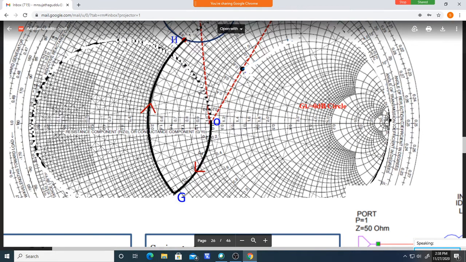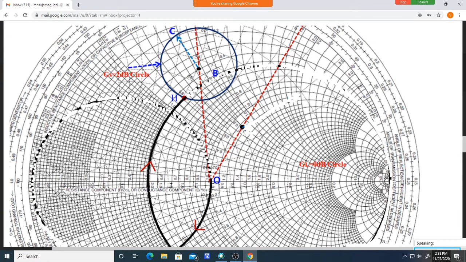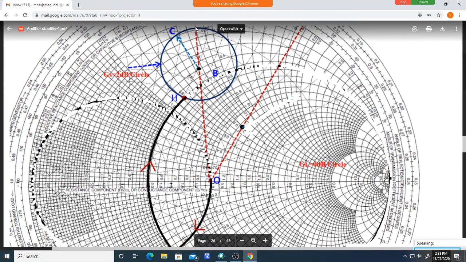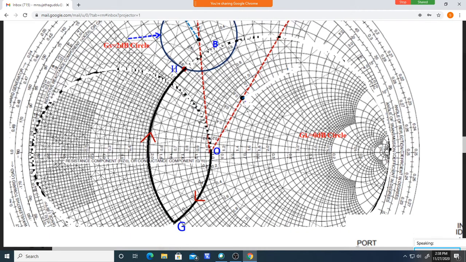Okay, to design the impedance matching network, what do we have to do? I have taken this value on the 2 dB circle. Okay, this is the 2 dB circle. I have taken one value. This is in the stable region. No problem, it is in the stable region. You take this, or you can take here also, but I have taken some value. It is always convenient to do it like this, in the below part. This is a point I have taken. It will give a 2 dB gain.